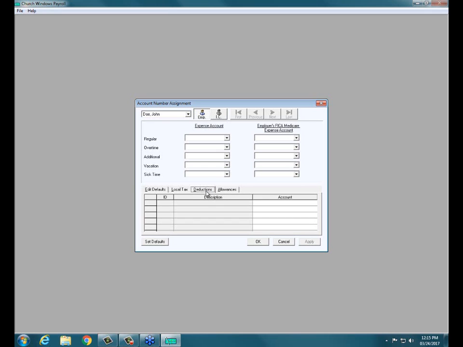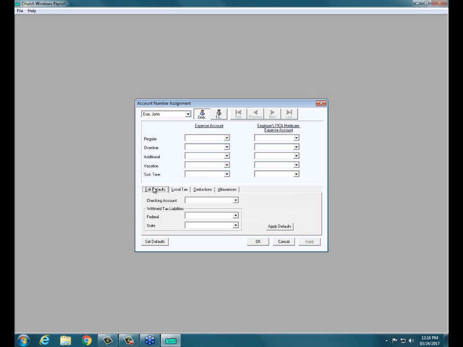under our deductions tab, again, to receive monies for pension contributions or for health insurance contributions or child support or what have you, to be paid ultimately out later to another organization, as well as, again, expense accounts for the allowances that we're paying for additional monies that are paid to employees. And finally, our checking account or bank account from which those payroll checks are being written or paid out of,